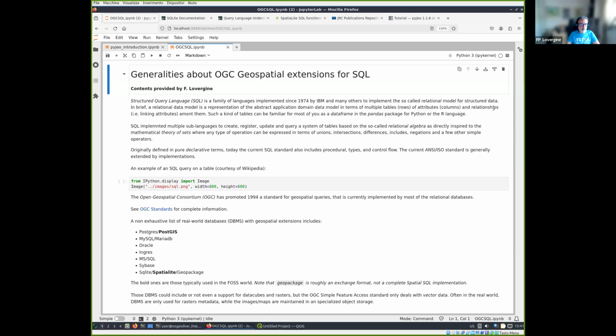As a general concept, SQL is simply the generalization of this representation, and above all is an implementation of a language that is able to describe this set of tables and relations,